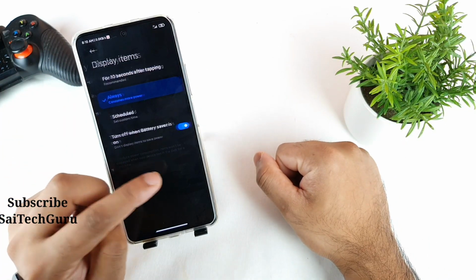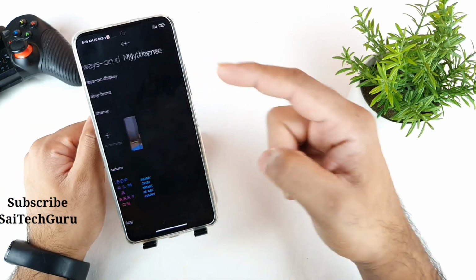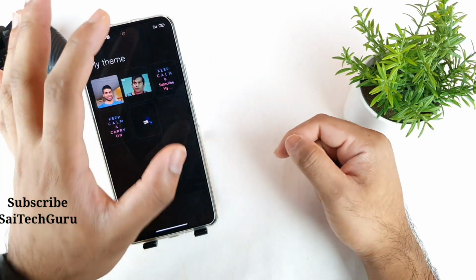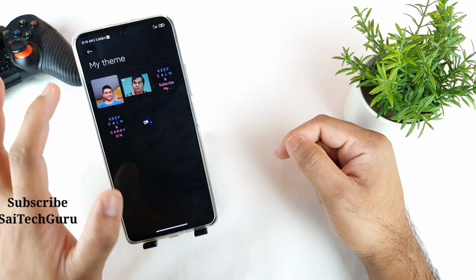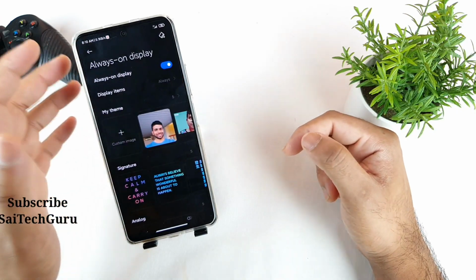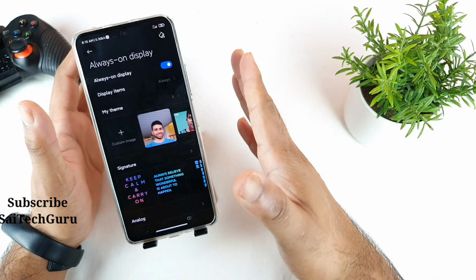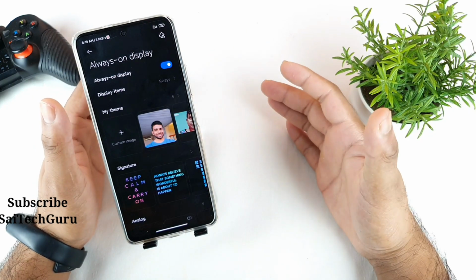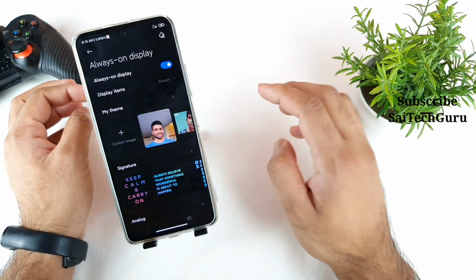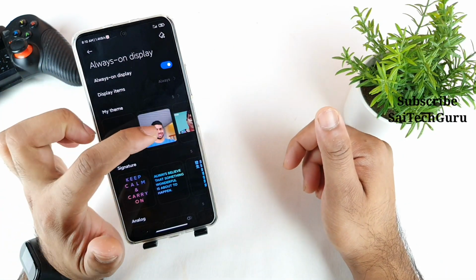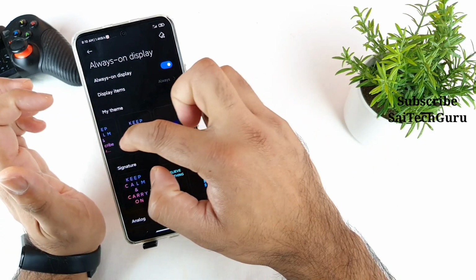So the next mode is called My Themes. As you can see, these are a few themes which are available, and you can customize your own themes. You can add your own images or any GIF images as well. I'll explain about the GIF images in another video, but in this video let's focus only on custom images. You can add your custom images similarly like this, and you can add custom text as well.